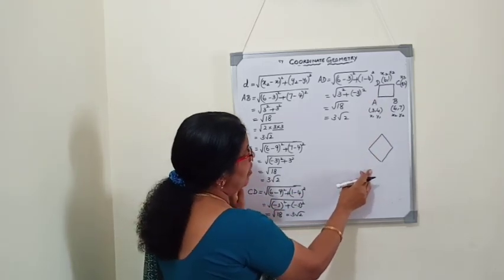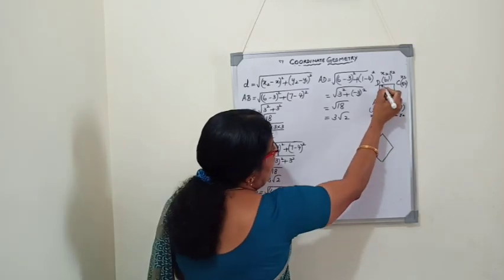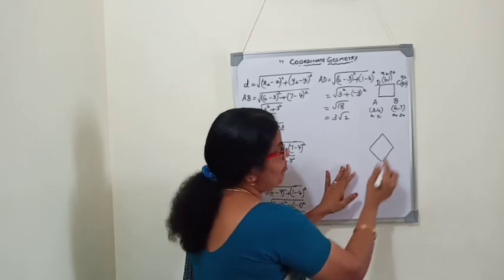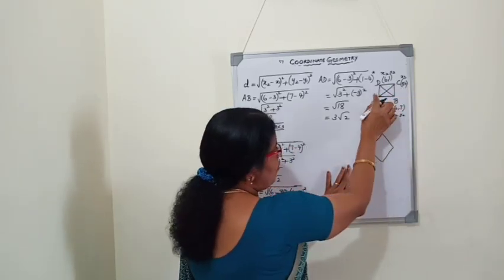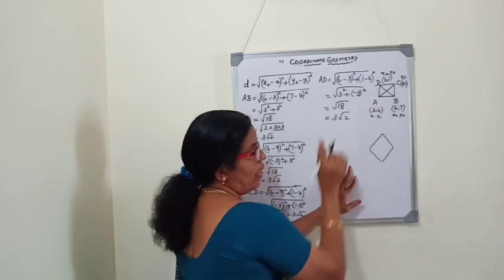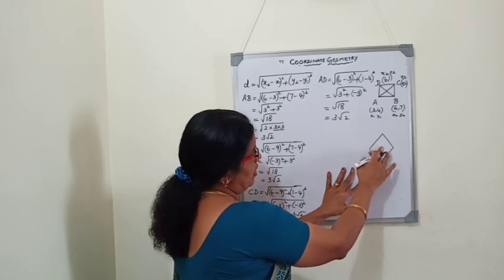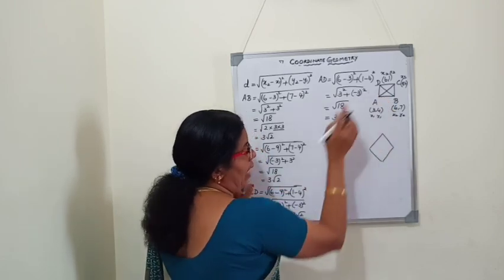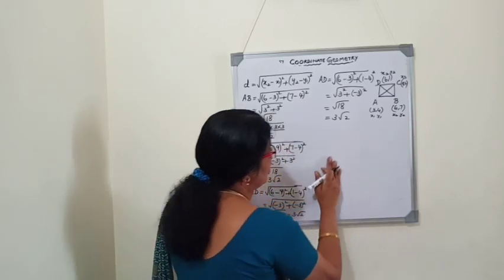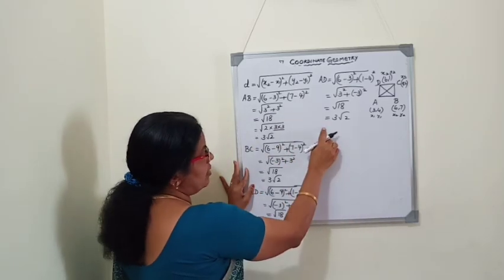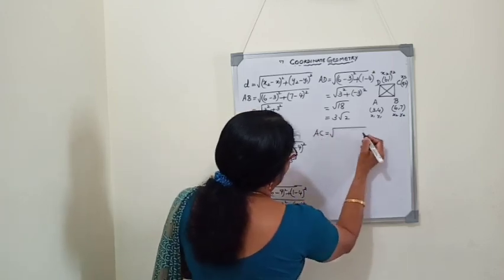What we have to do is find the distance between the diagonals. In a square, the diagonals are equal. Which are the diagonals? AC and DB are the diagonals. So here we have to check: if the diagonals are equal, it is a square. If the diagonals are not equal, that is not a square. So in a square, diagonals are equal. In a rhombus, diagonals are not equal. So to prove whether it is a square or not, not only the sides are equal, even the diagonals we have to find. So AC first we will find out.